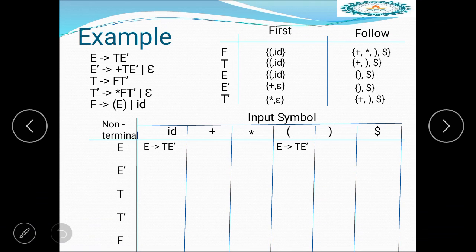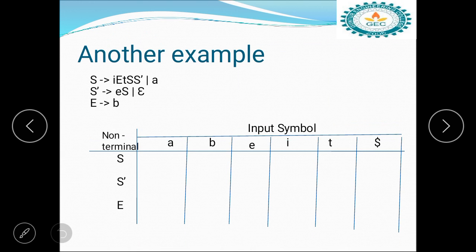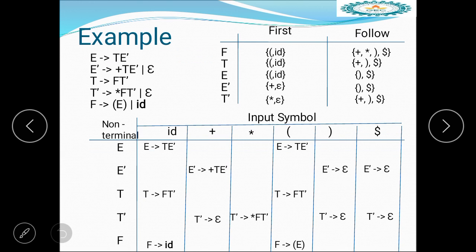Using these conditions you can fill this table. So this is the parsing table for the given grammar.